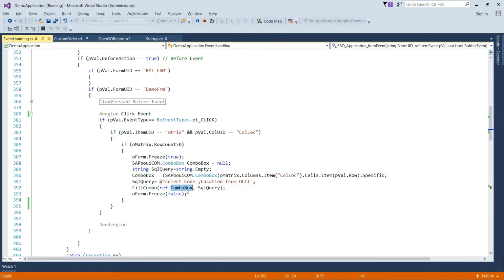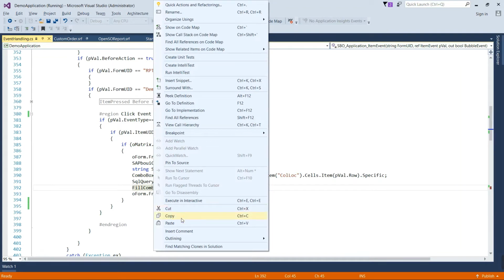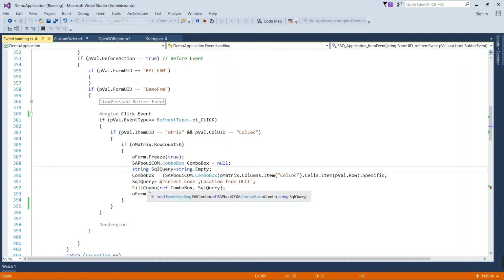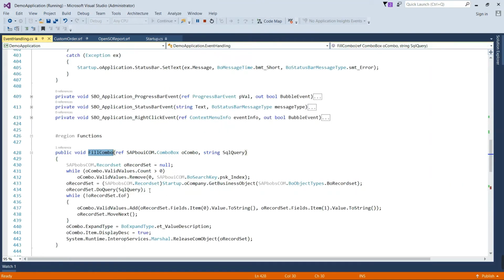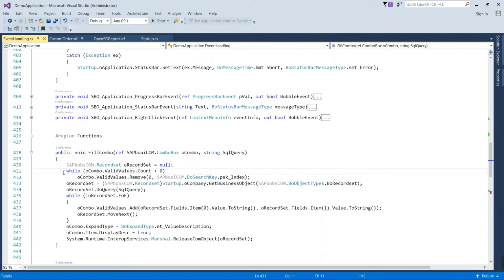One is the combo box reference and the second one is the query. This is a ready-made function you can use for country code and country name, and state code and state name similarly. Now let me go to the definition part and see.